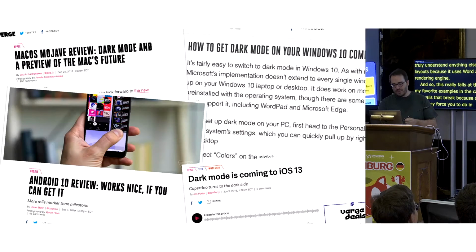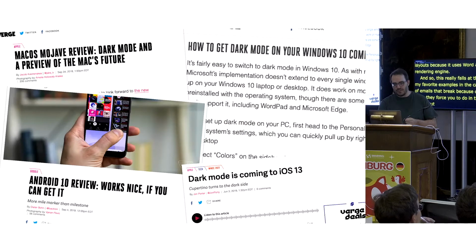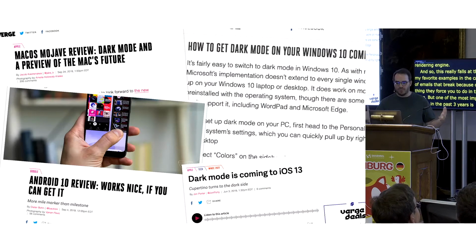But one of the most important novelties in the past 3 years is the debut of dark modes. It was all over the news, at least for tech news. And from macOS to iOS, Android and Windows, every operating system now features what we call a dark mode option.